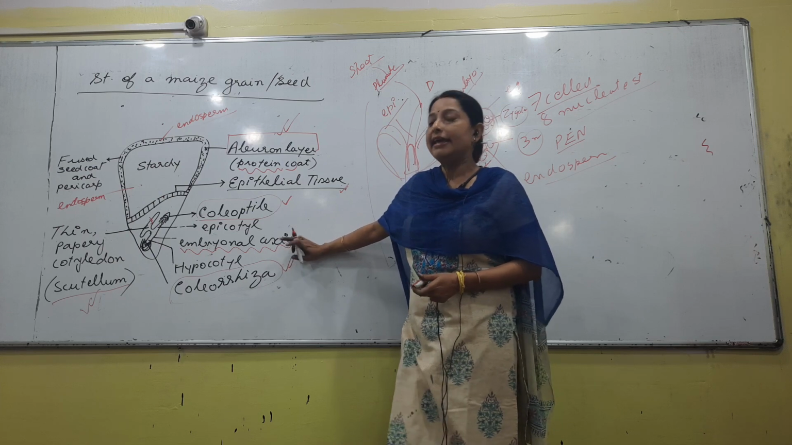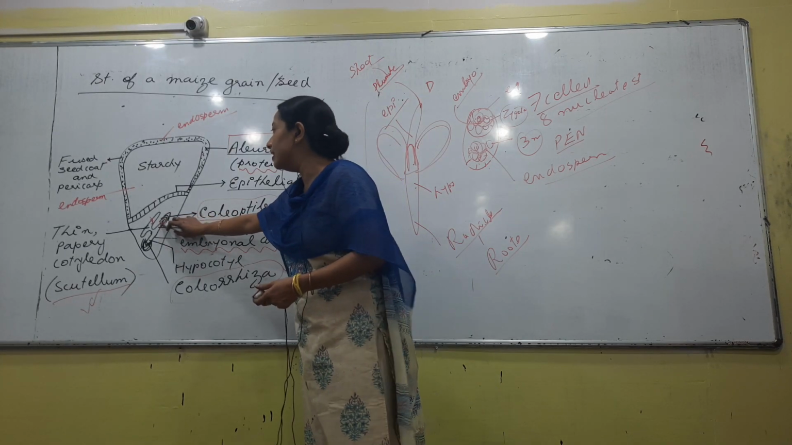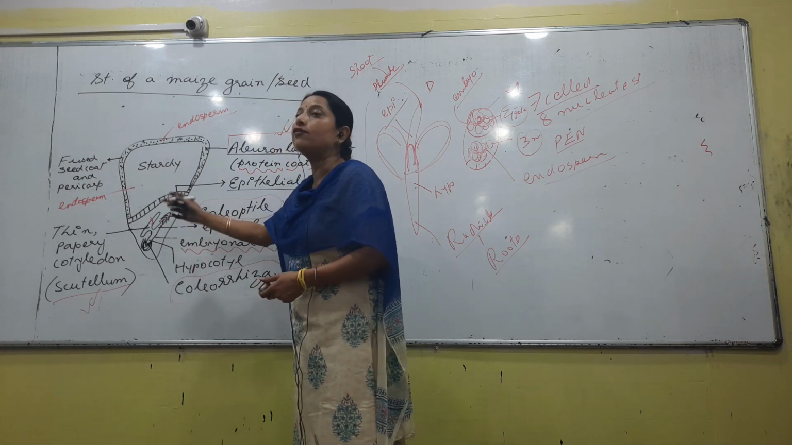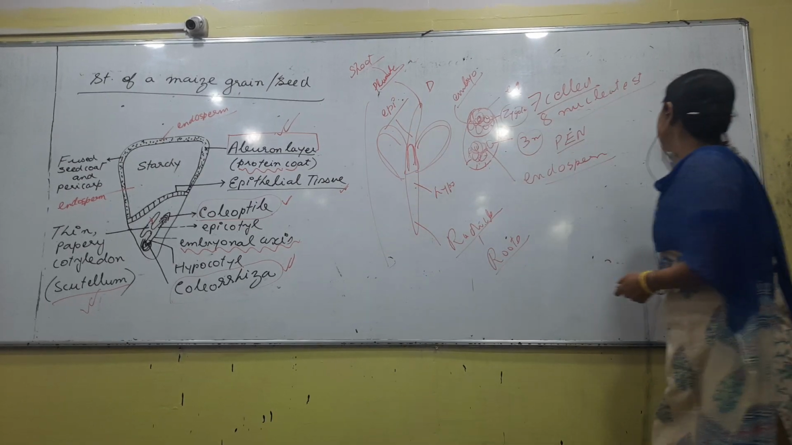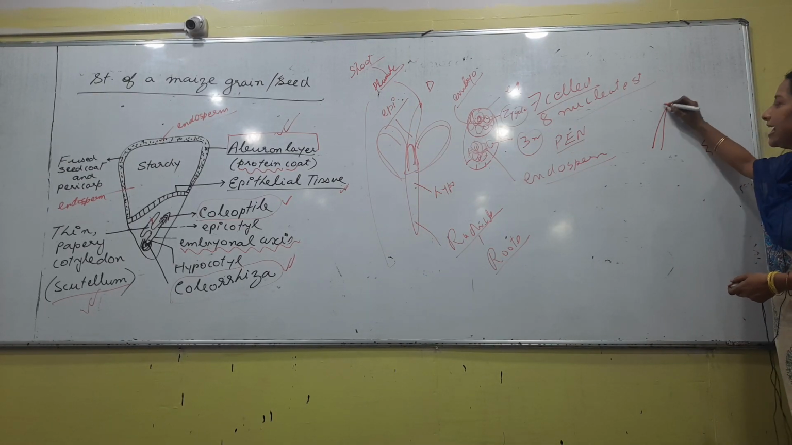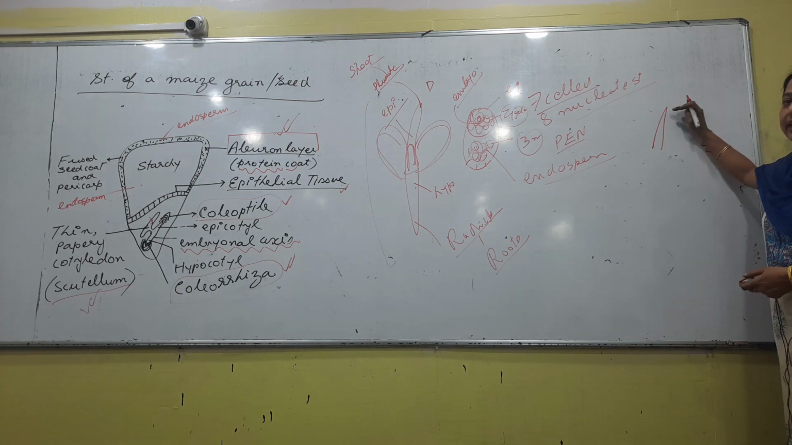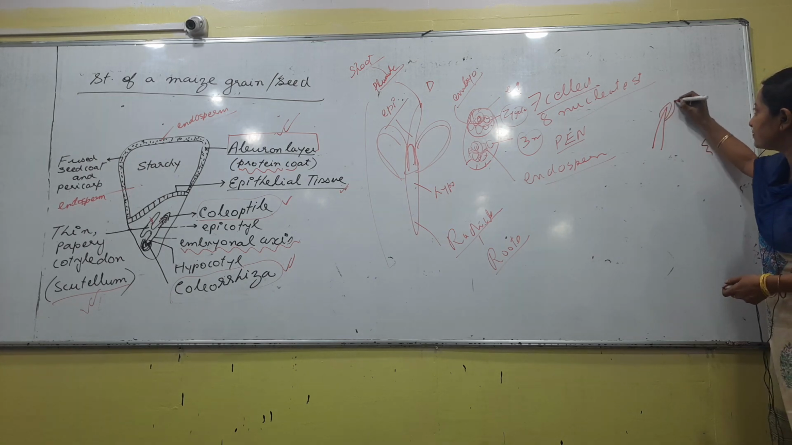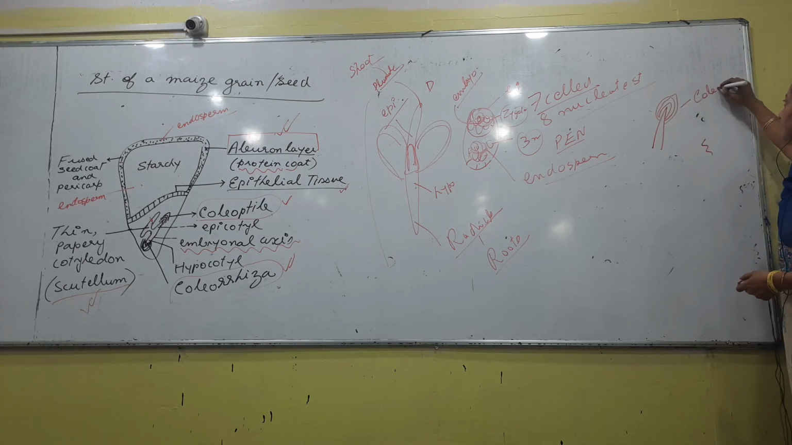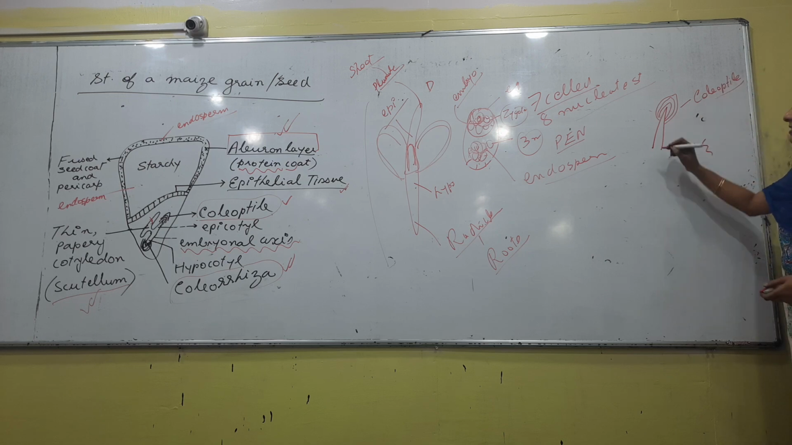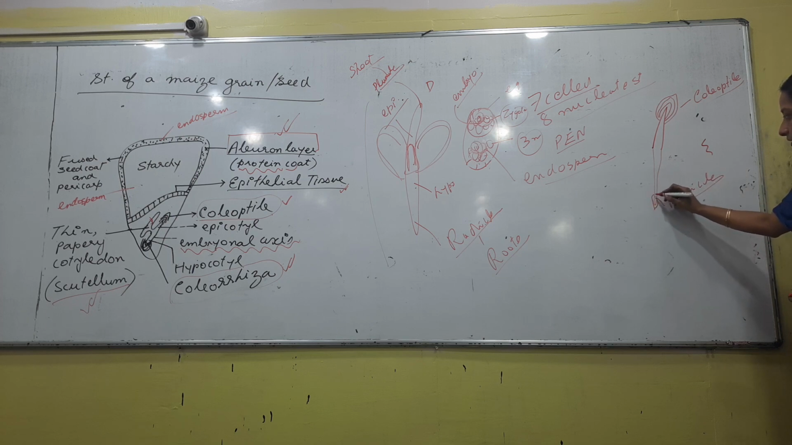What is coleoptile? If the epicotyle or the plumule is covered by a sheath of cells, then that portion would be called coleoptile. If it is not covered with extra layers, then it is called plumule. If the epicotyle is covered with extra layers of cells, then this portion would be called coleoptile. Similarly, if you are talking about this portion, the radicle, if this structure is covered with extra sheets of cells, then we do not use the word radicle,